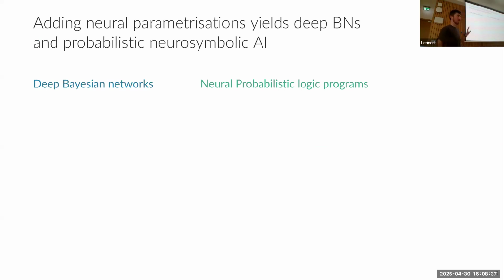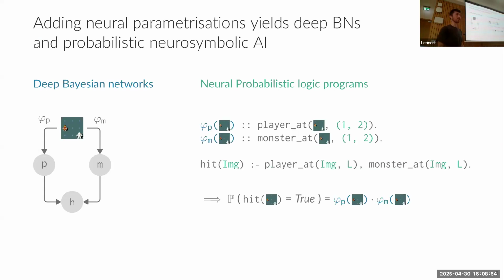Now, that was not neural yet, not neurosymbolic. So what we do is we just add neural parameterizations to everything. So we get deep Bayesian networks that take maybe an image, and from that image predict the probabilities of the variables. On the probabilistic logic side, the same thing happens. Instead of having the numerical probabilities, you just give the output of a neural net,